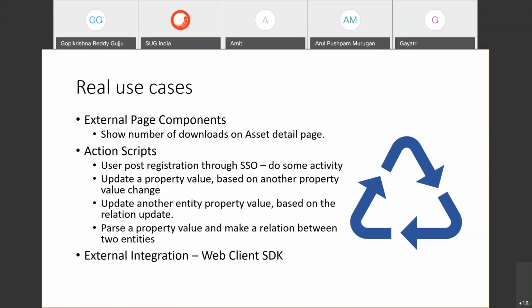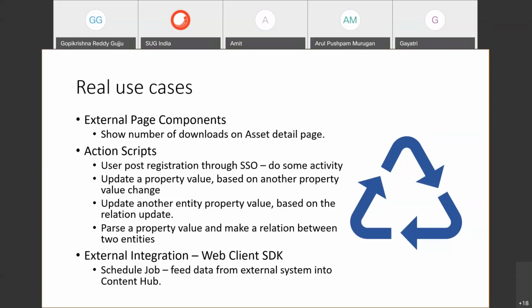External integration, WebClient SDK. We had a scheduled job feeding data from an external system into Content Hub, because that content is managed from some other system inside the client ecosystem. But that information is required in the Content Hub, and the use case is that it only needs to be read-only in the Content Hub. We don't need it to be editable. The single source of truth is still the client's other system.